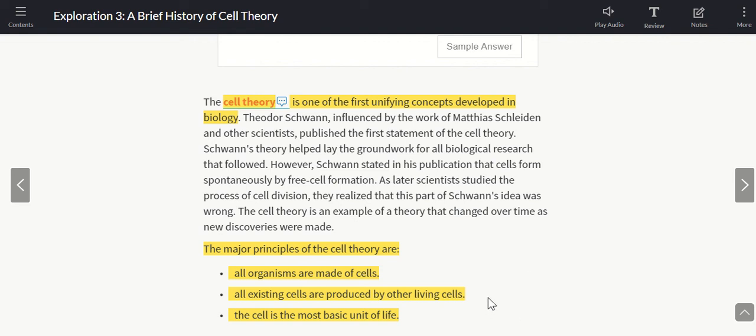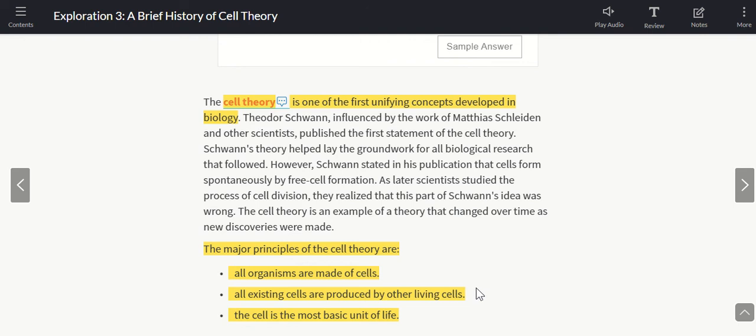The second key idea is that all existing cells are produced by other living cells. And that's an important idea because for a long time, scientists subscribed to this idea of free cell formation or spontaneous generation. And this simply does not happen. We'll talk about that a little bit more later on. But the second key idea to the cell theory is that all currently existing cells are only produced from other